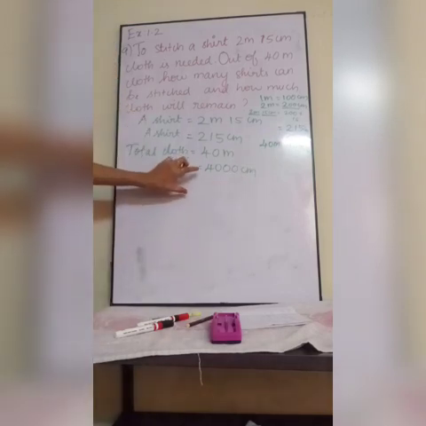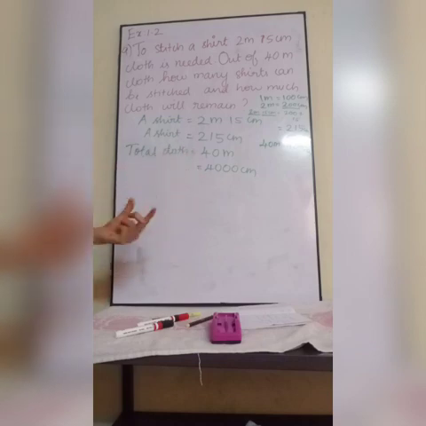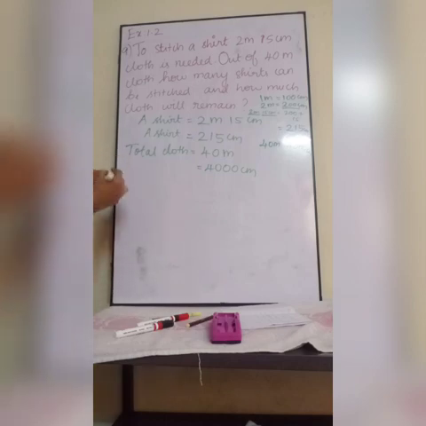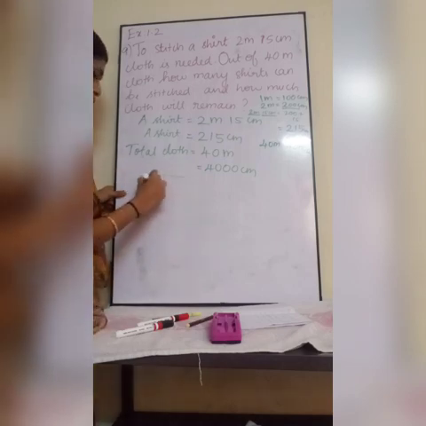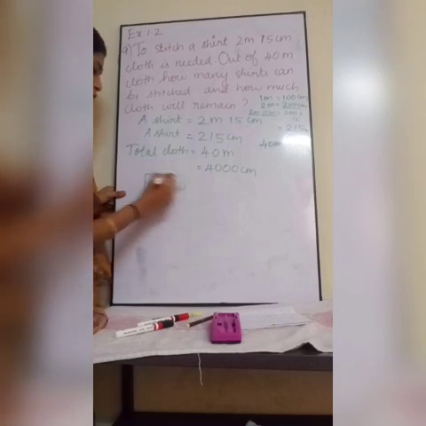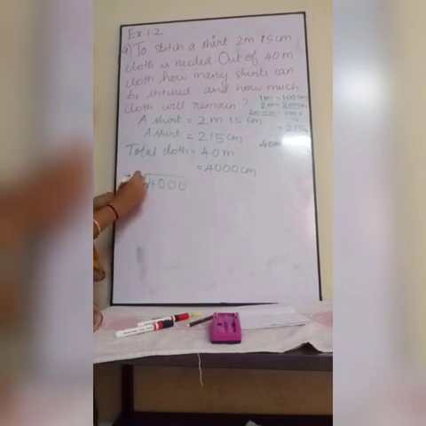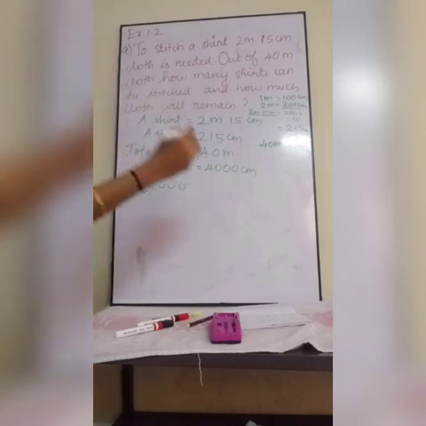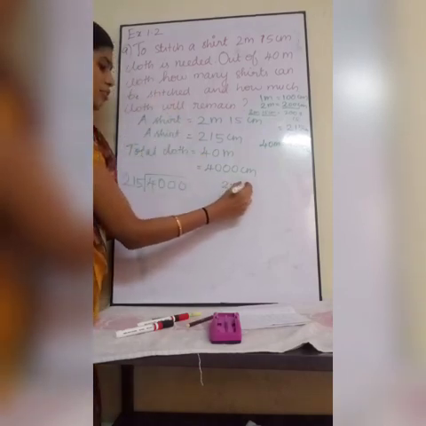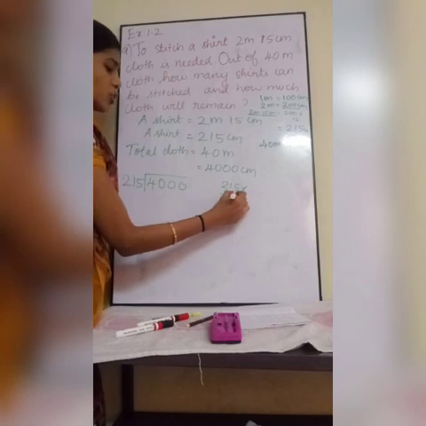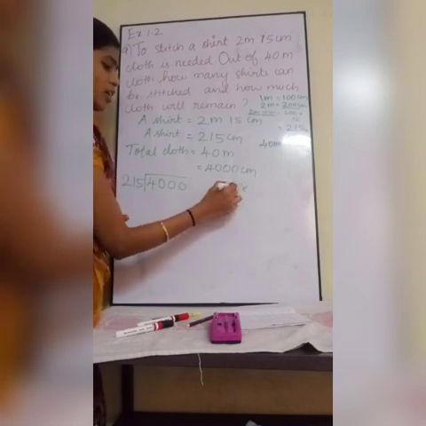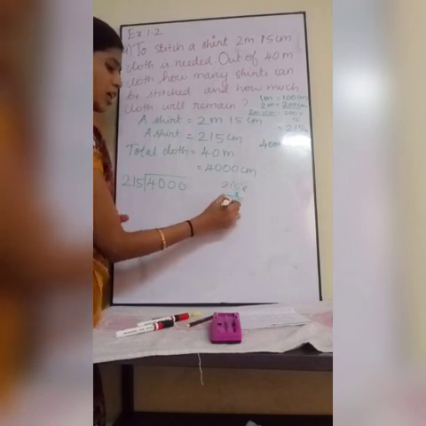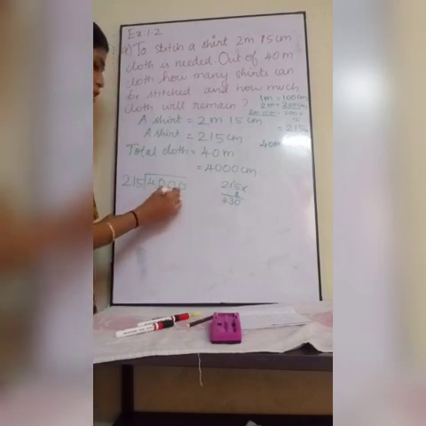This is for one shirt, and this is the total cloth. So if you want to find the number of shirts, what will you do? You will do division. You are going to divide the total cloth by each cloth value. So first, 215 into 2 you can do. 5 2s are 10, 2 1s are 2, 3, 2 2s are 4, which is more than 400.